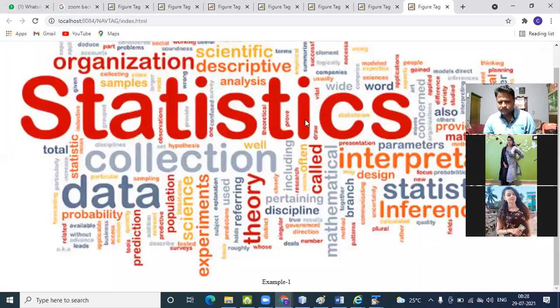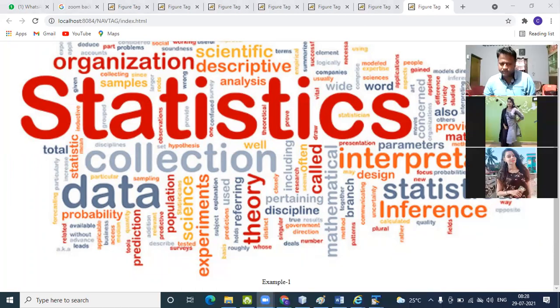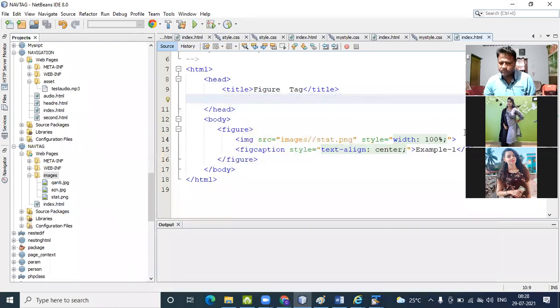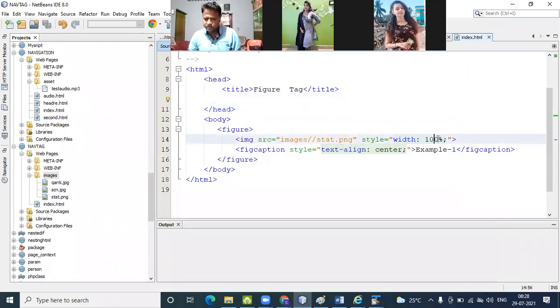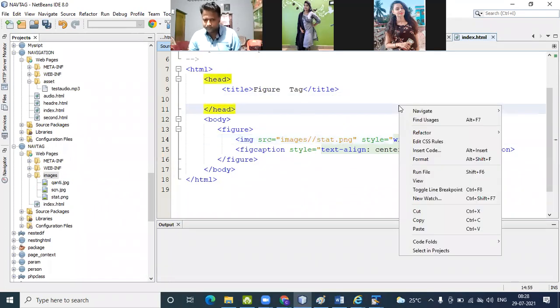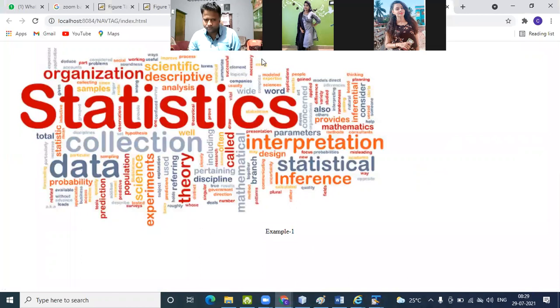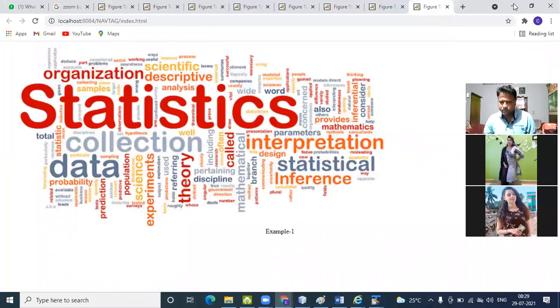See that? It is showing you example one here. This one is a caption. Okay, now text alignment is center. Now I change some part, like suppose if I give 70% here, let's see what happens. You have to move it back to 100%.